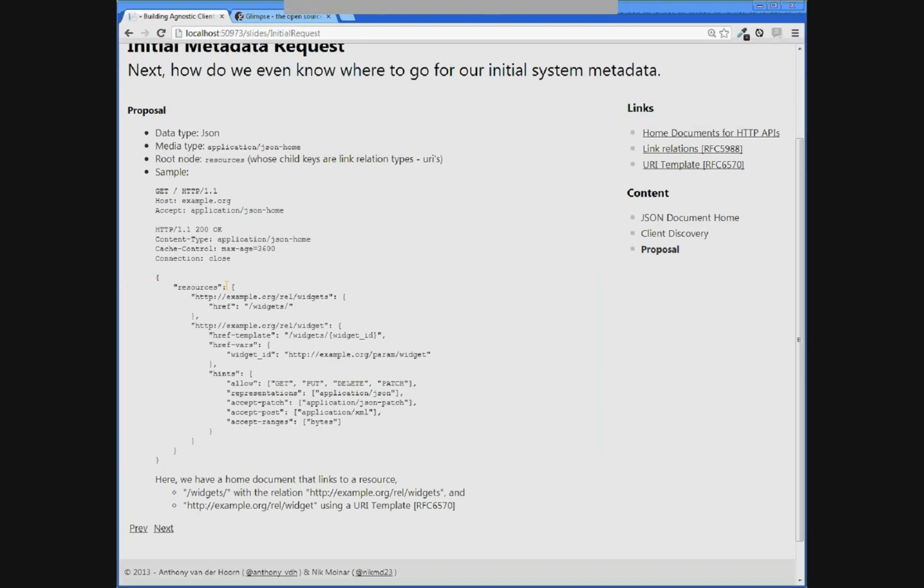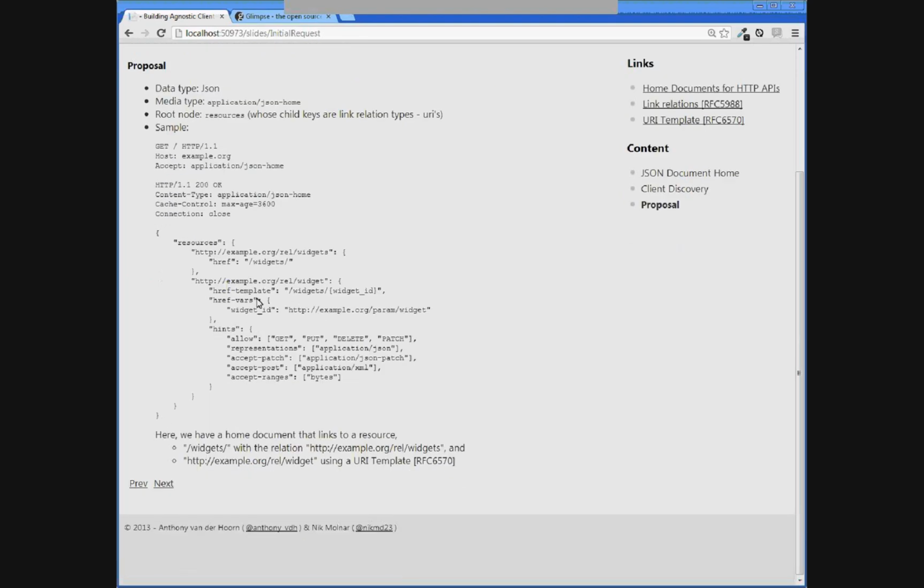And as you'll see, it's very similar to the custom payload that we came up with before, where we had resources and names and then URIs. But in this case, the names are URIs, okay? And this could be anything. It doesn't have to be a URI. The spec says so, but this is just a key as far as how we interpret it. But then within that, we can have